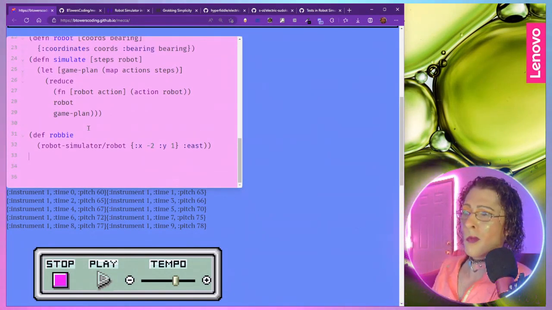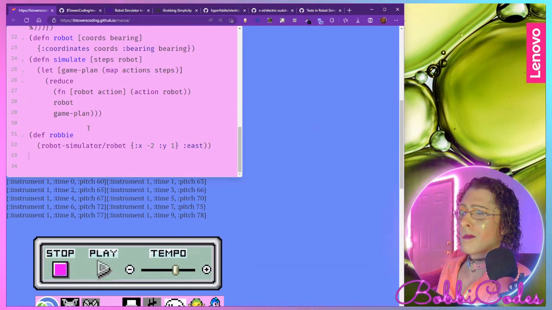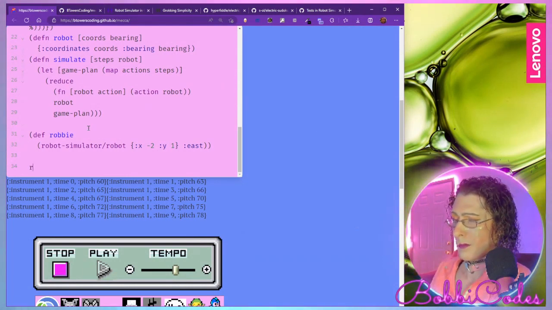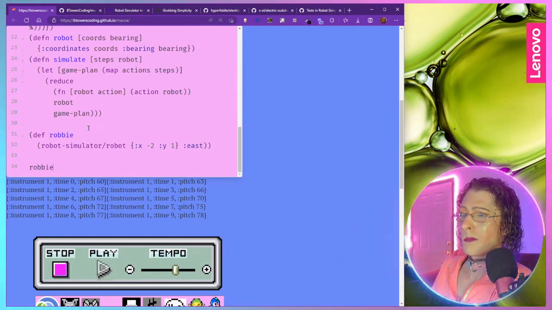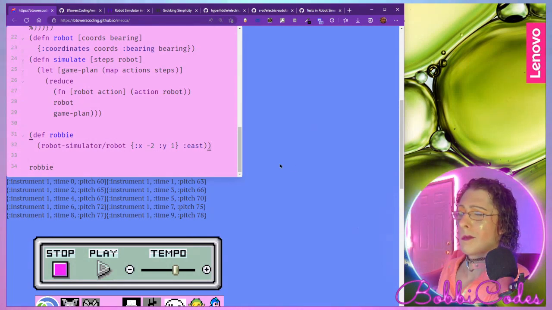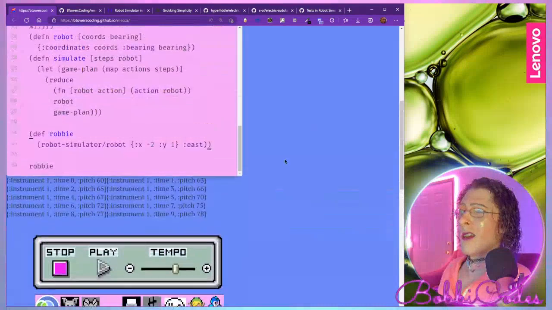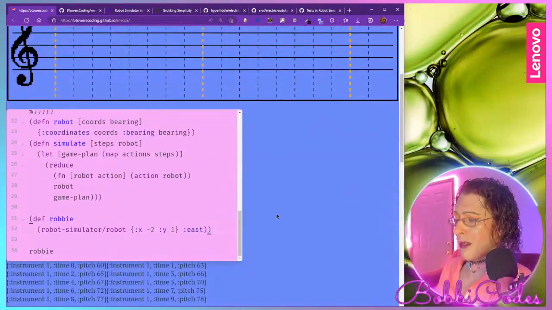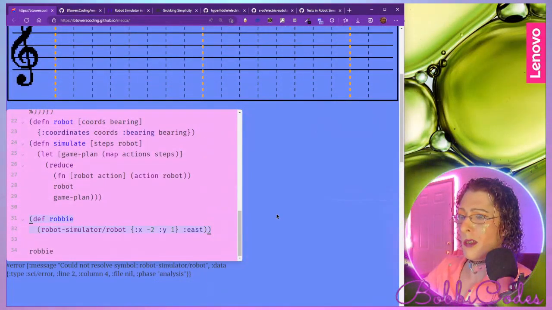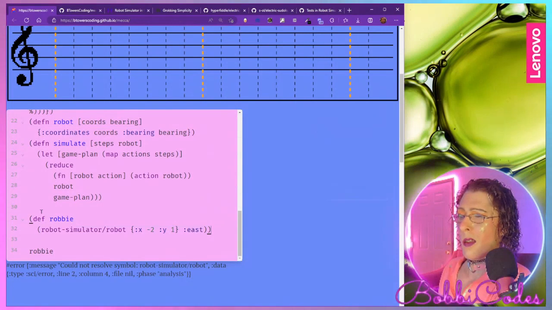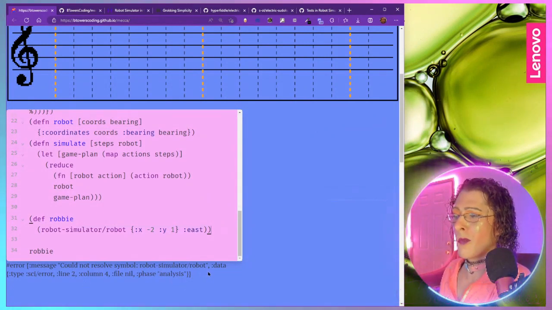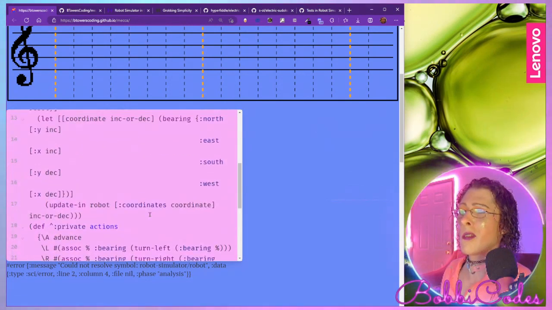So we have our robot named Robbie. Eval at cursor, Alt enter. Okay, so I'll evaluate Robbie and could not resolve symbol robot. So yeah, we need to